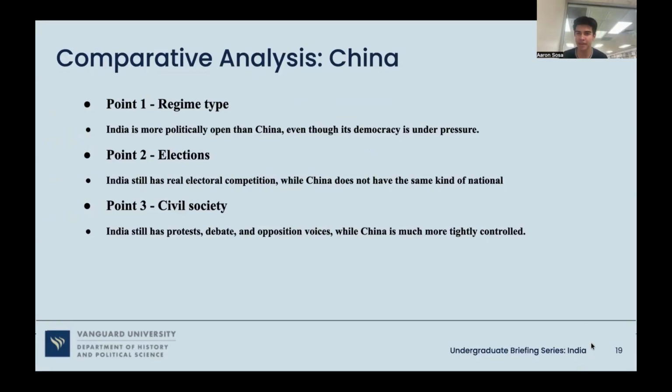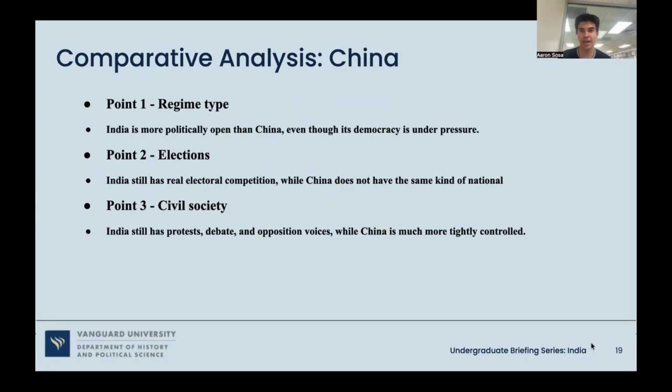On the same topic that Caleb was going over, regime types and some power over there, we're going to compare India to China. So now that we looked and dove a little back on India's history, I wanted to place China here. Why China?